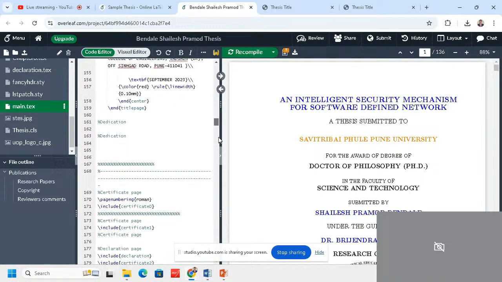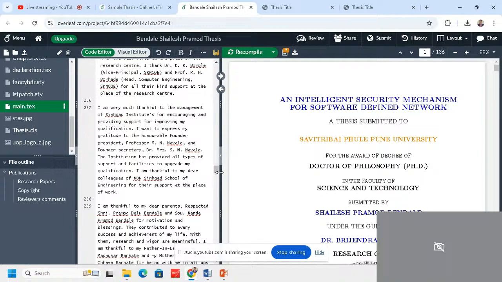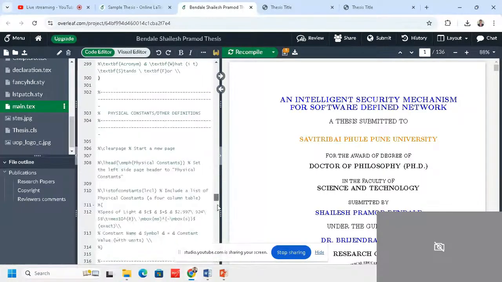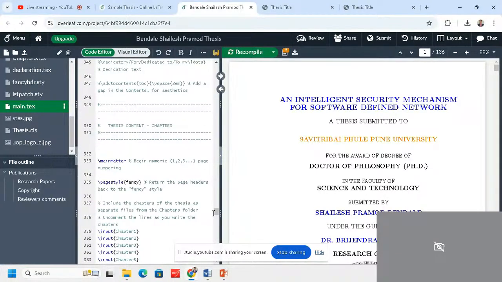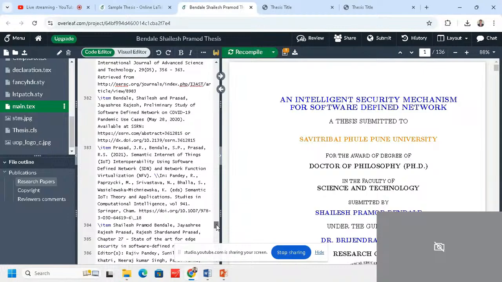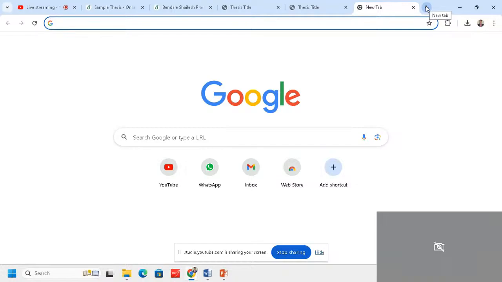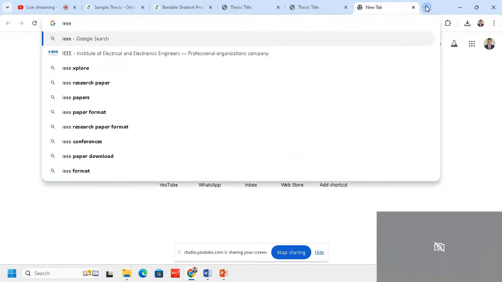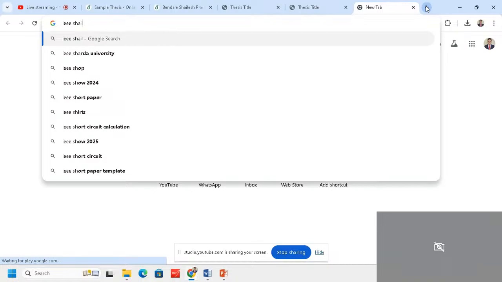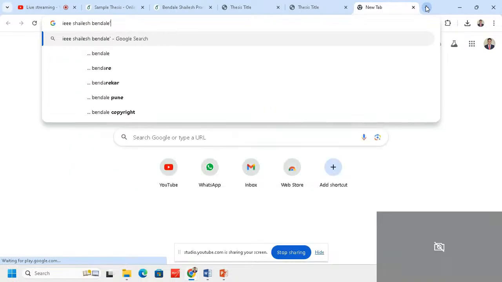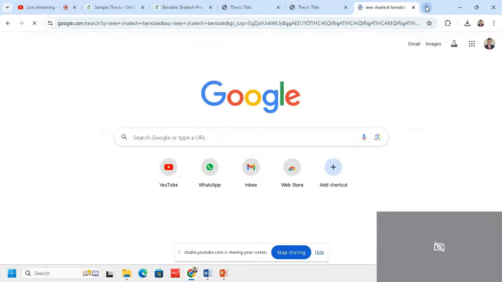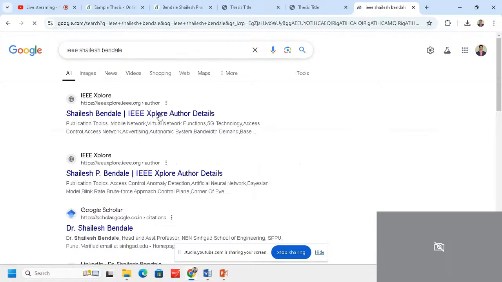And one thing that somebody was asking me about is the references. When I talk about the references, we have to make use of bibliography. I will just show you an example: when you go to some paper, for example, I will go to mine only to showcase it. So if I go to this link,